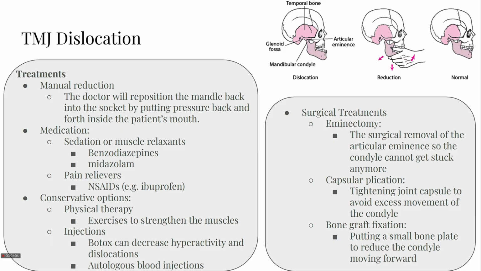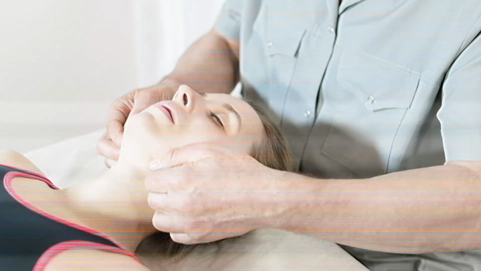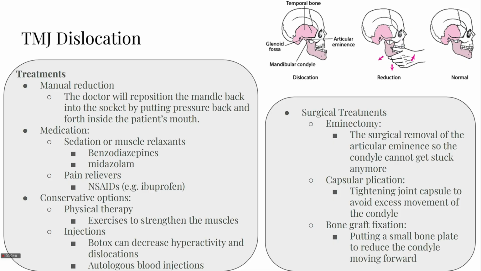And there are some conservative treatments, such as physical therapy to help strengthen the muscles around the joint, and Botox injections to relax overactive muscles and to reduce the risk of future dislocations, or even autologous blood injections, which can help stabilize